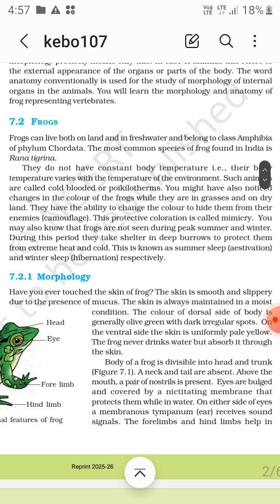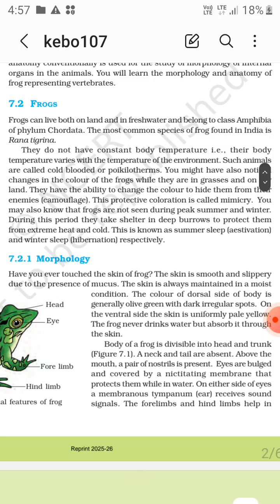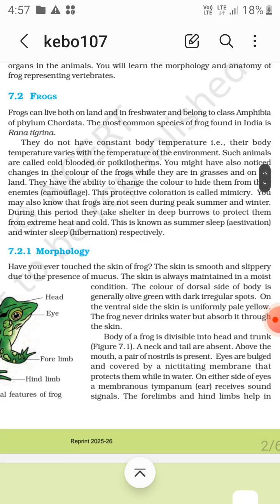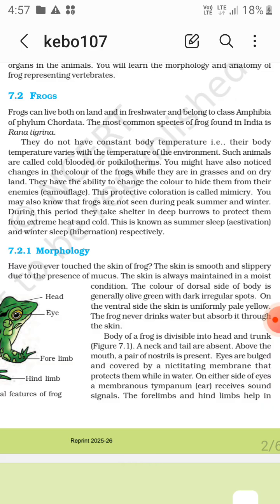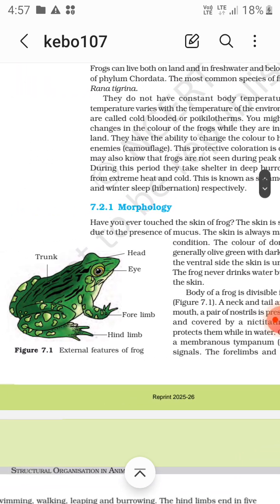You may also know that frogs are not seen during peak summer and winter. During this period, they take shelter in deep burrows to protect themselves from extreme heat and cold. This is known as summer sleep, that is estivation, and winter sleep, that is hibernation, respectively. Now talking about the morphology, you see,